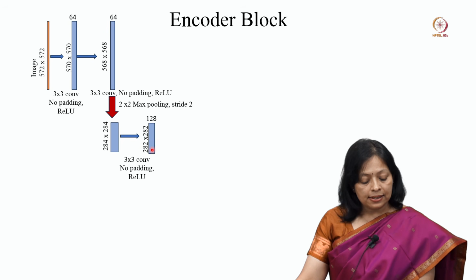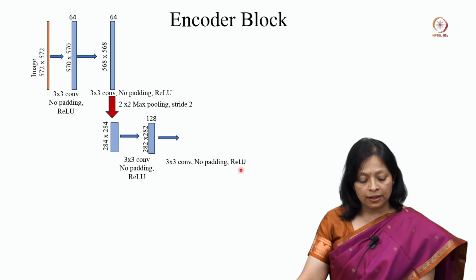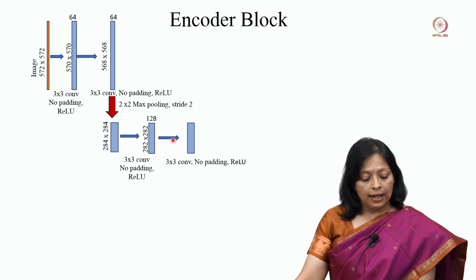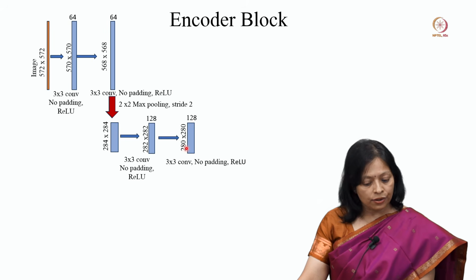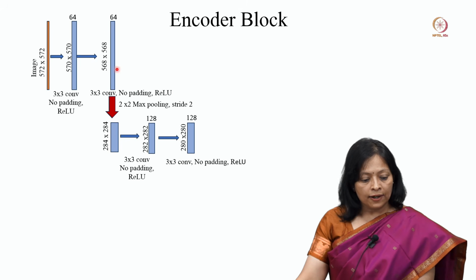This goes through another layer of 3 cross 3 convolution, no padding and ReLU, also with 128 filters, and the output size is 280 cross 280. One thing I would like to bring your attention to: